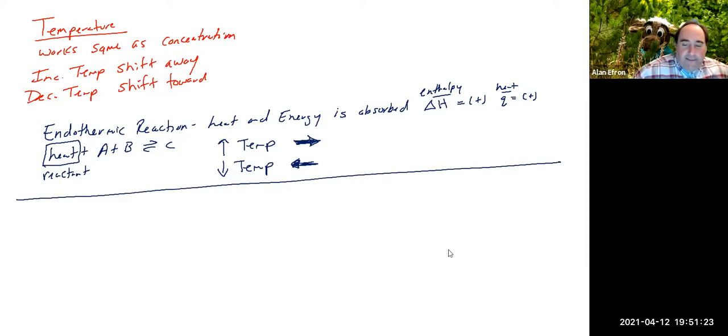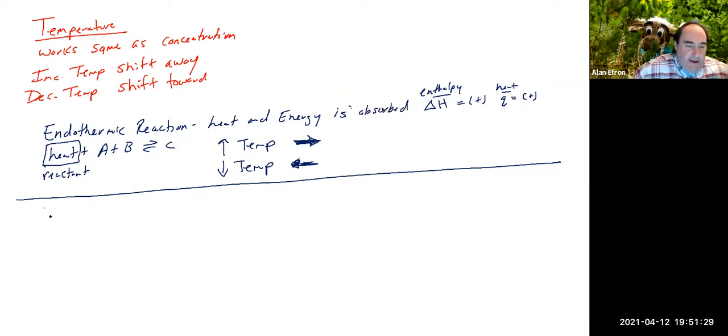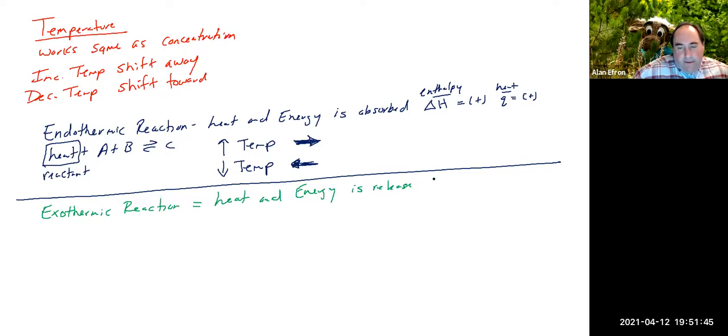So what happens if the opposite type of reaction occurs, which is an exothermic reaction? Exothermic reaction means that heat and energy is released. In terms of delta H value, that usually is a negative number. Q value, that is a negative number as well. And what does that mean in terms of the reaction? Well, in terms of the reaction, A plus B goes to C. Heat and energy would be considered a product